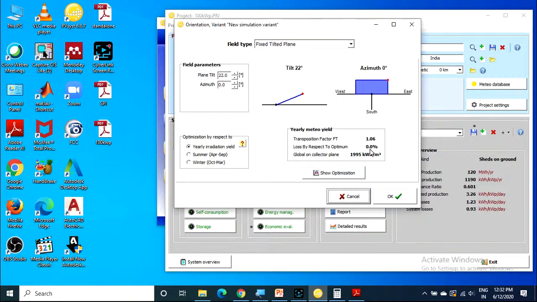Right. I hope you will do this assignment and send the PDF report to me. Then only can I understand you have done this. If you send the PDF report to me, then only I can understand you have done this assignment.